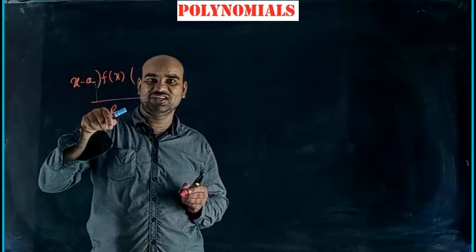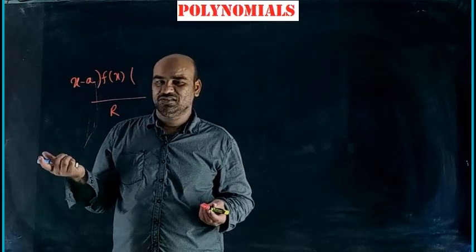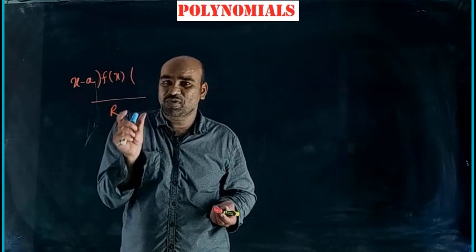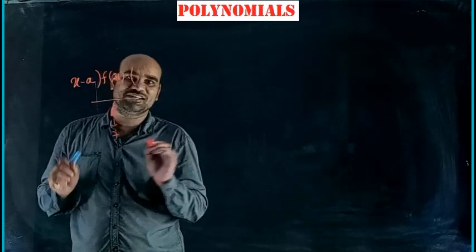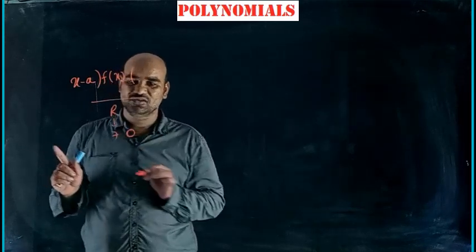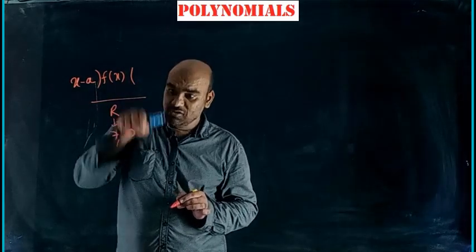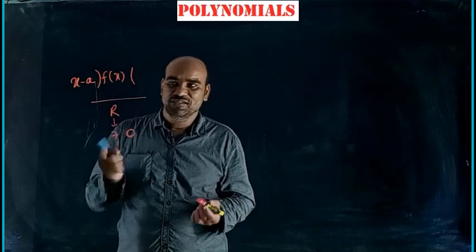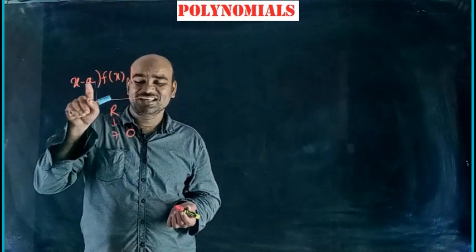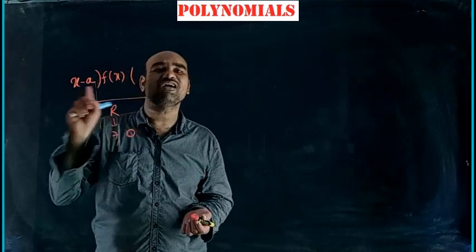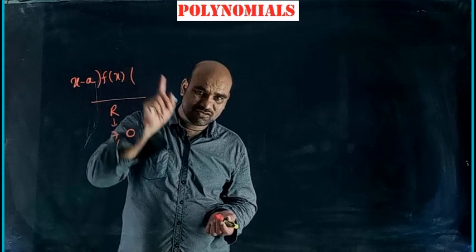Less than first degree means either 0 degree, or the remainder is a polynomial whose degree is undetermined. That means r may be some constant just like 7, or r value may be 0. If the remainder is 7, you can say its degree is 0. If the remainder is only 0, you can say its degree is undetermined. That's why if a polynomial f of x is divided by x minus a, the standard form of the remainder is r. R may be a constant, or r may be 0.